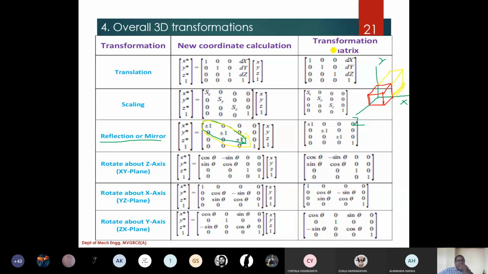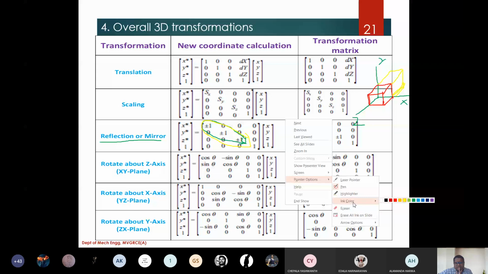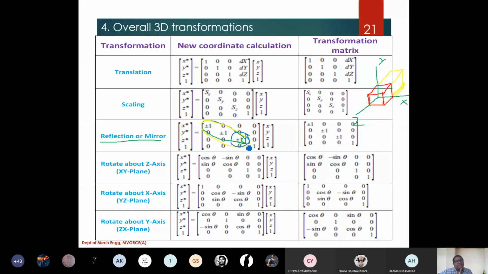Now for this operation, tell me which one would be plus, which one would be minus? Only the third column one will be minus, sir. So you are saying, okay, let me use cyan color. So you are saying this one, the transformation matrix, that one should be what? Minus, sir. All the prior two should be positives.